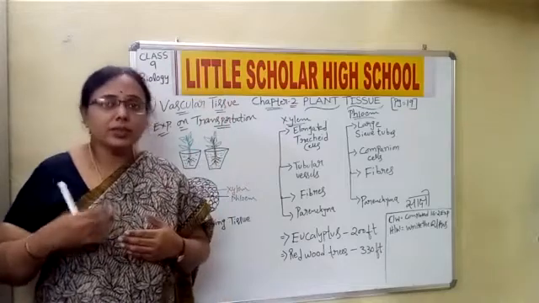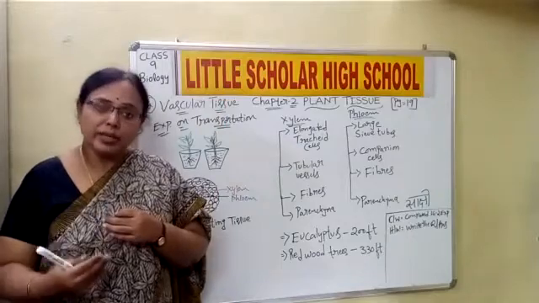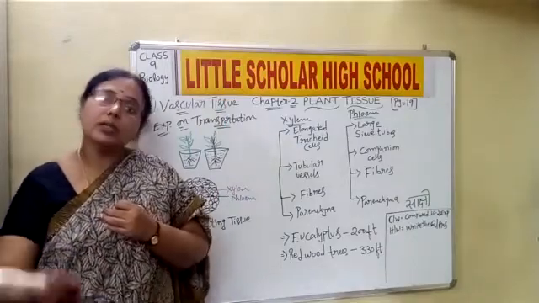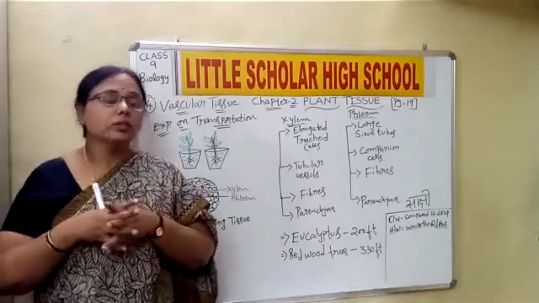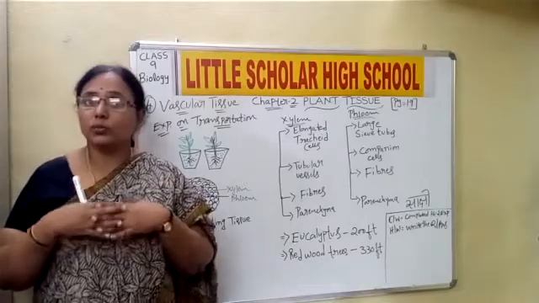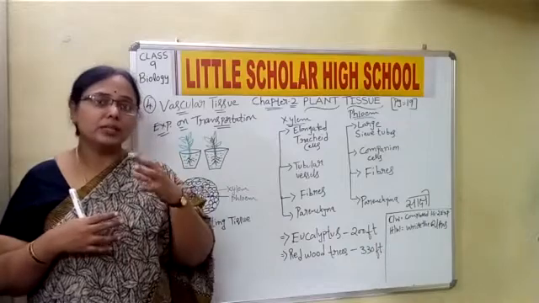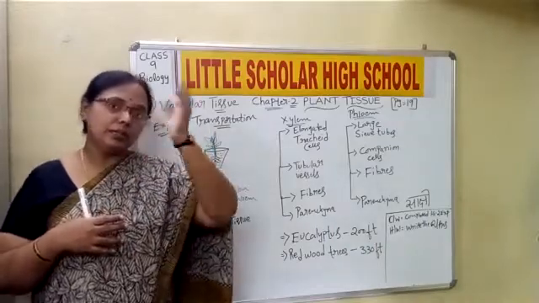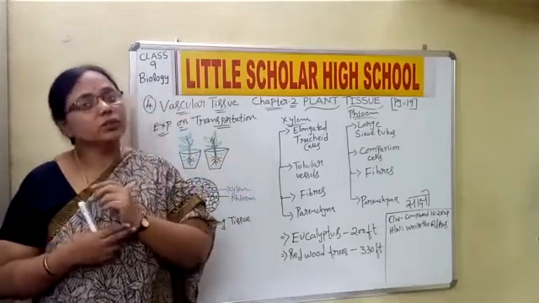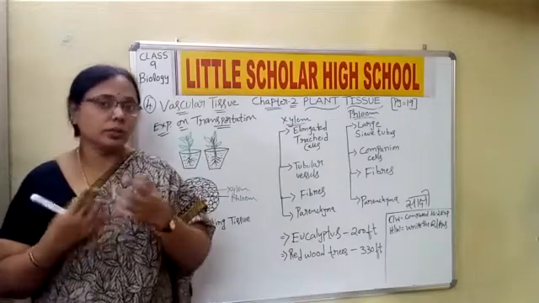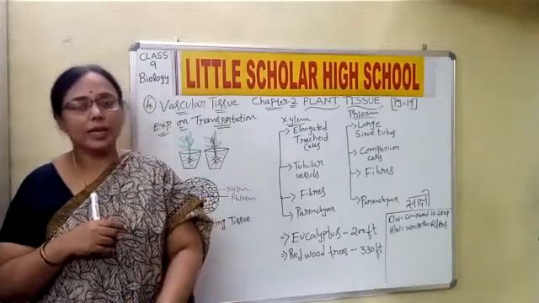There should be some tissue, some mechanical thing going on inside the plant, which makes the water available at the ground level move to the tip of the plant or the top of the tree. So these vascular tissues are the ones which help in doing that, and at the same time the food which is prepared by the leaves on top of the tree, in the shoot system, naturally the leaves are present in the shoot system. Whatever food is prepared by the leaves using the process of photosynthesis, that also needs to be transported to other parts of the plant or tree.